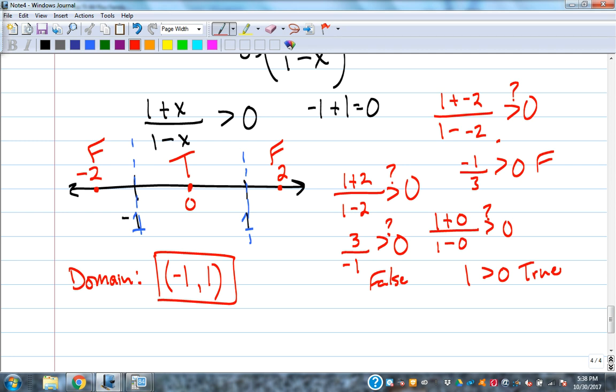You get your places, your boundaries. You get those from the numerator set equal to 0 and the denominator set equal to 0, if it's a fraction inside of there. Numerator set equal to 0, denominator set equal to 0. All right, let's look at